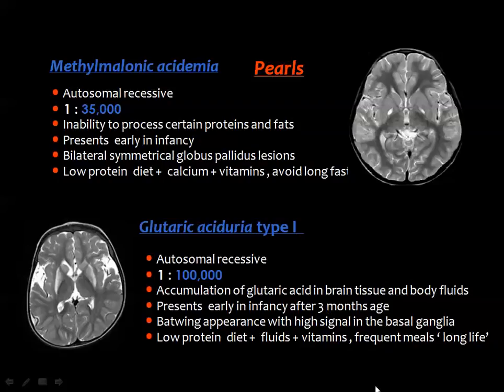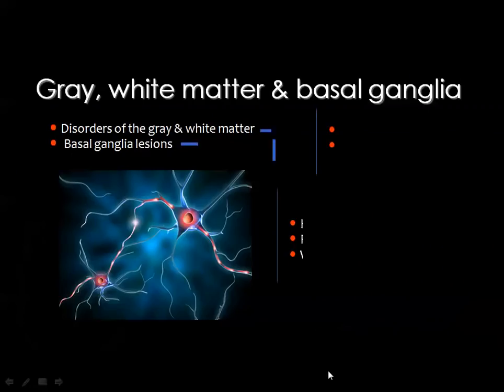The imaging finding is also characteristic, in the form of bat wing appearance of the sylvian fissures, frontotemporal atrophic changes, and high signal intensity in the basal ganglia, which will show restricted diffusion denoting ischemic changes. The diet treatment of these patients will include a low protein diet, a lot of fluids, a lot of vitamins, and also, very important, frequent meals, and this treatment is lifelong to avoid the complications of